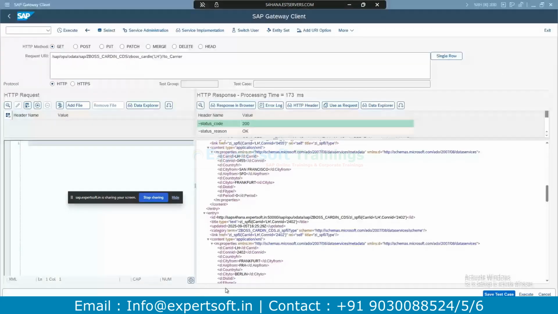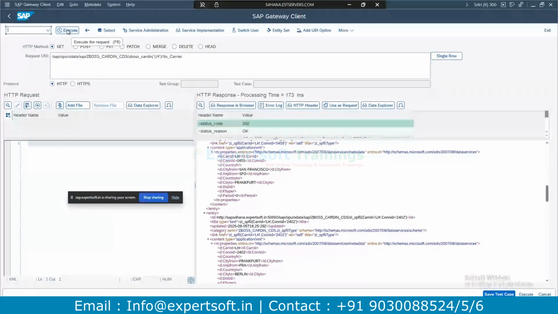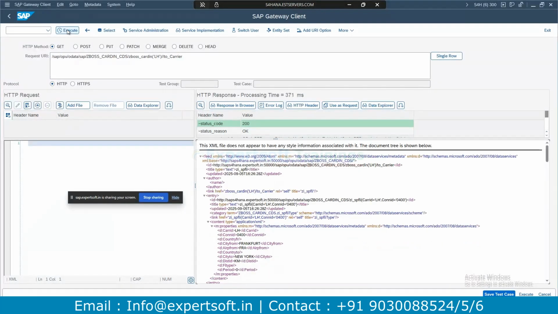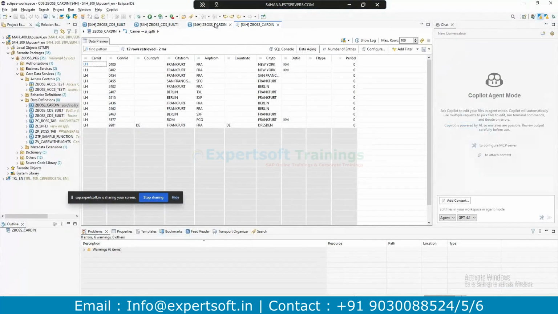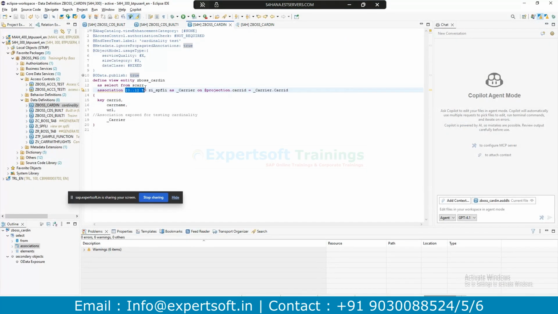Okay, now the same thing if I execute it in the OData. Bad request. Clear? Because you have mentioned 0 to 1, but that association has 0 to many, star. Cardinality is the one that says at least how many records, at most how many records. So now it can have 0, at least 0. It may not have records, or if you have a record, it can have only one record at maximum. It's a minimum and maximum value. Clear? If you mention 0 to star, then it will correctly populate.